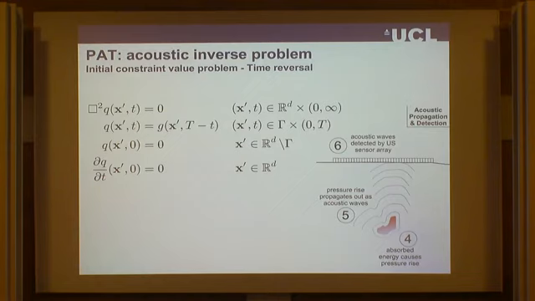And this corresponds to this acoustic equation, basically the same D'Alembertian that I have used before. The initial value is 0, and then on the boundary you are plugging in, as a constraint, the time-reversed data. Okay? So it's not exactly a boundary value problem, though for the flat sensor geometry,